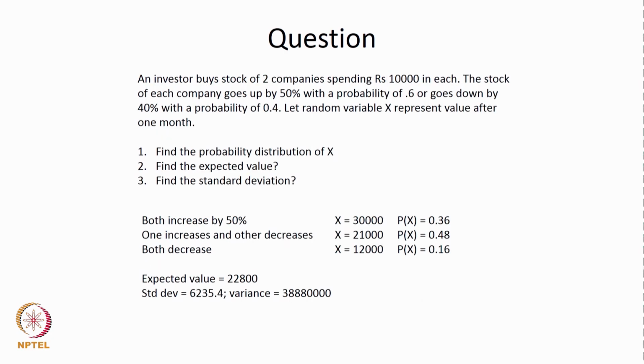An investor buys stocks of 2 companies spending 10,000 in each. The stock of each company goes up by 50% with a probability of 0.6 or goes down by 40% with a probability of 0.4. So, let the random variable x represent the value after 1 month. So, both increase by 50%, x is 30,000, probability 0.36. One increases and the other decreases, x is 21,000, probability of x is 0.48 and both decrease, probability is 0.16. So, expected value is 22,800, standard deviation is